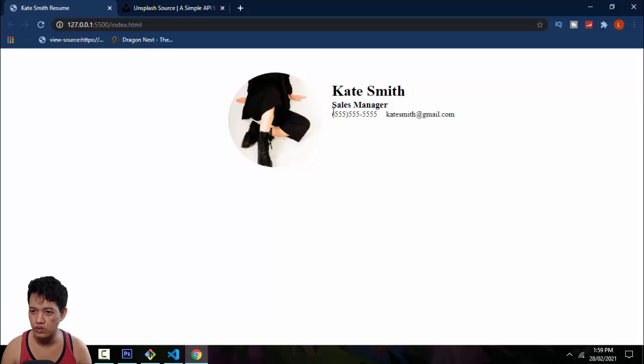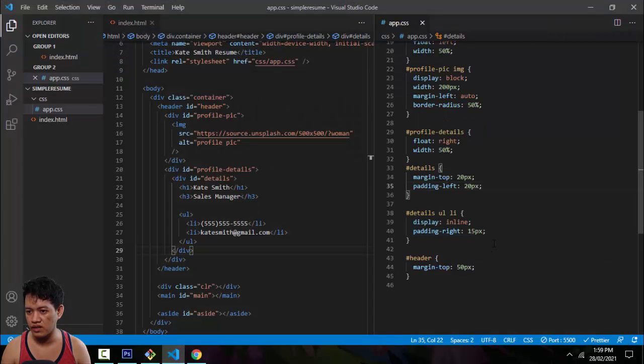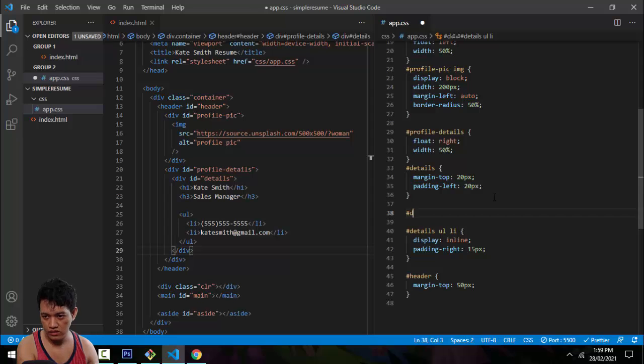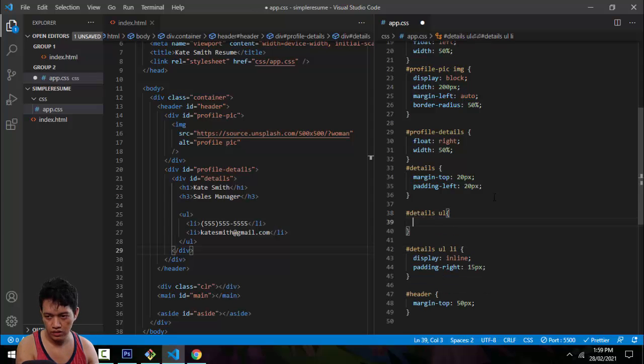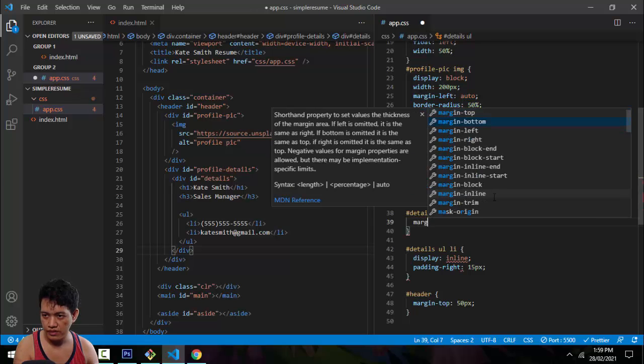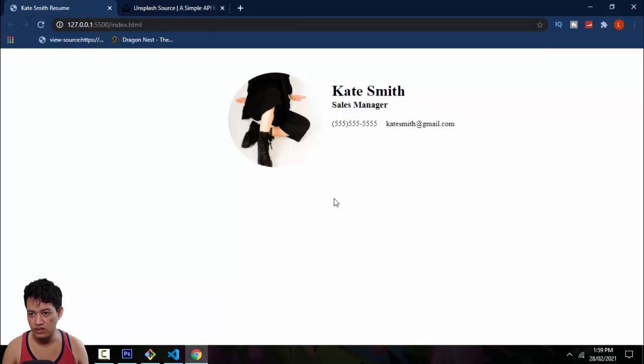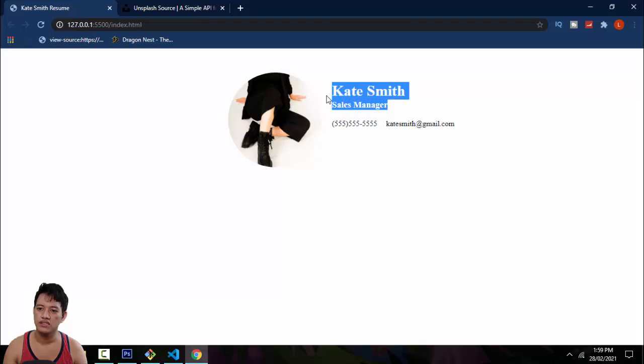Oh, I need to also put up a padding on our UL so that it won't get near details. UL, margin top 20px. Let me check. So it's now here and the name is good. See,